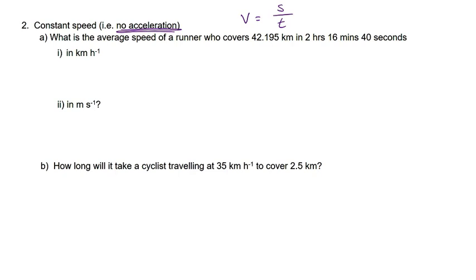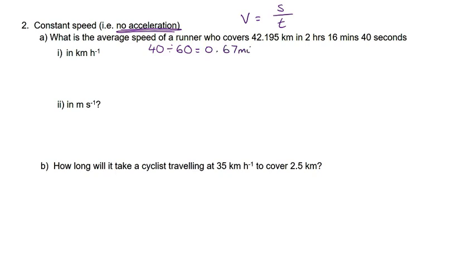So if I want my answer in kilometers per hour, I need to take the number of kilometers and divide it by the number of hours. So I'm going to need to do some time conversion here. First I'm going to turn the 40 seconds into minutes. We need to divide by 60 because there are 60 seconds in a minute. So divide that by 60 and we get